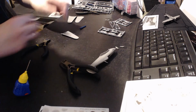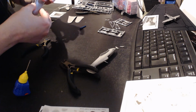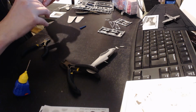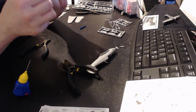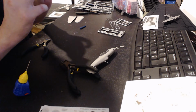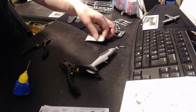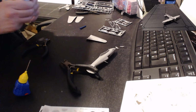Unfortunately, I have messed that up because I've gone too far. So I've gone out to the end of the wing box, and I shouldn't have. Fortunately, there's not a lot out there for me to have messed up, so beyond getting some glue on my fingers and a bit of embarrassment,